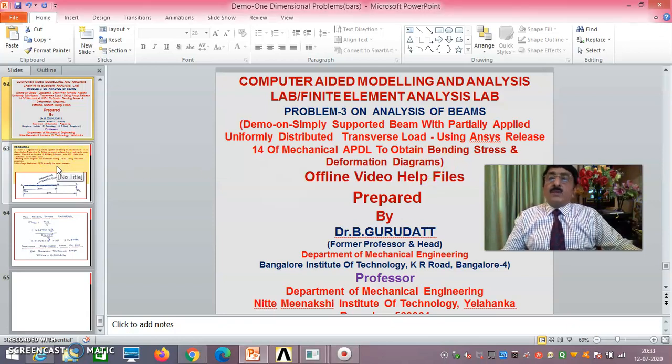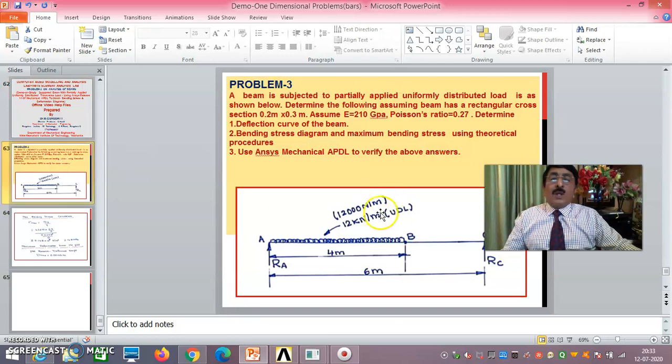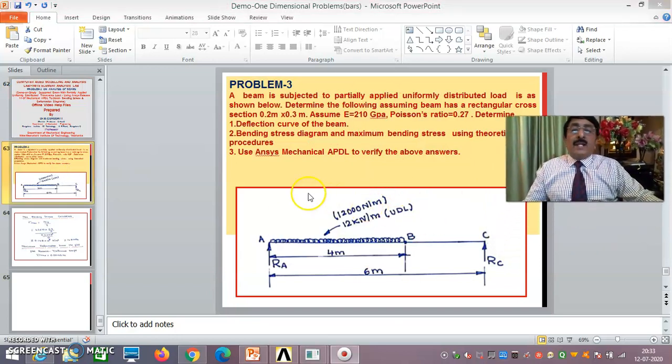You see here, now the problem is the same problem. As you know, this is the problem we have, and for this we already found out the bending moment and shear force diagrams and all that. Now we concentrate on bending stress. Bending stress, as you know here,